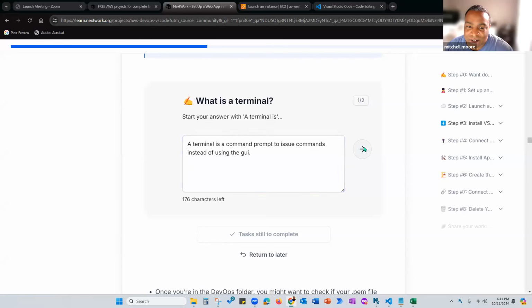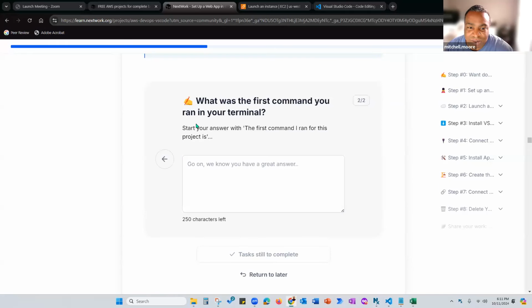Okay, so what was the first command you ran in your terminal? Start the answer with: the first command I ran for this project is,